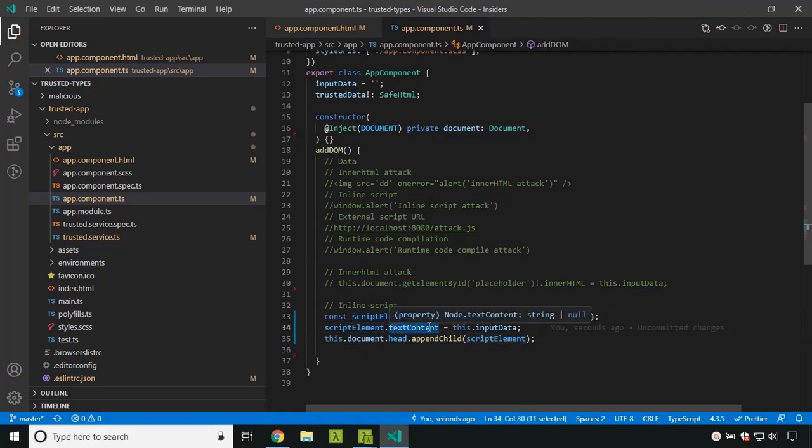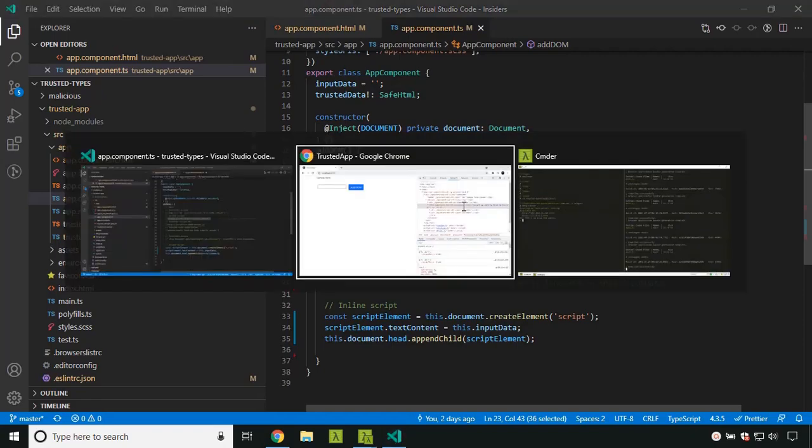This is actually an inline script. Between the script tags I am adding the input data which the user has entered, and then I am appending it to the head of the document. This is the data which I am adding, just an alert.